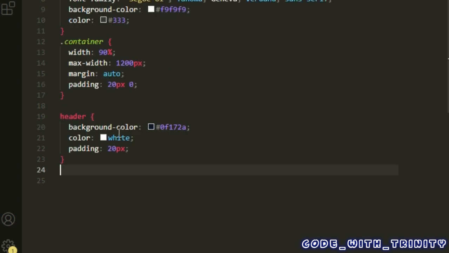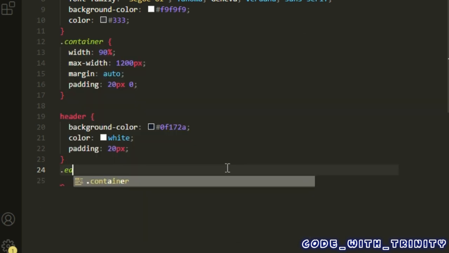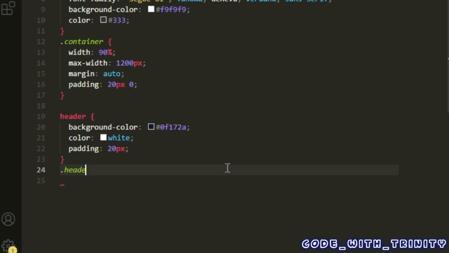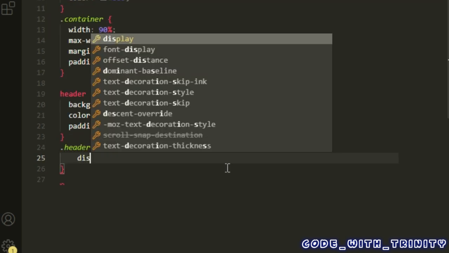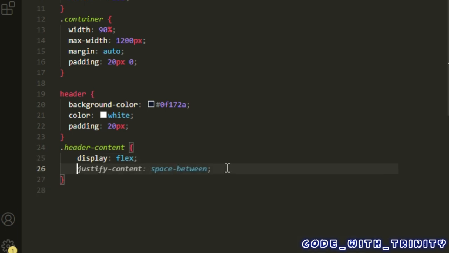Before you start the styling, don't forget we have to start with full stop, since it's not a default HTML element. So we have to put a full stop, then header content,